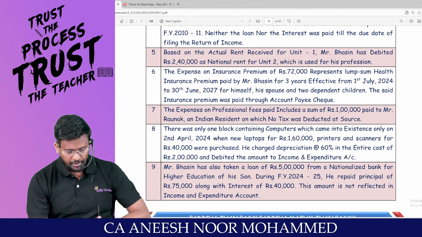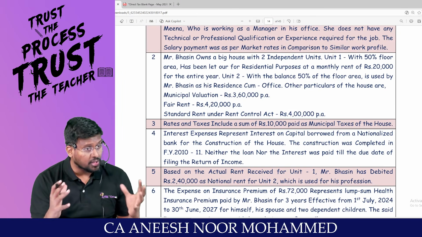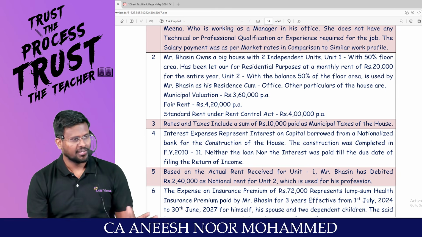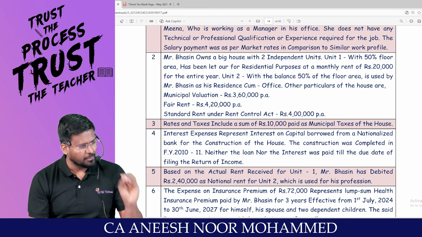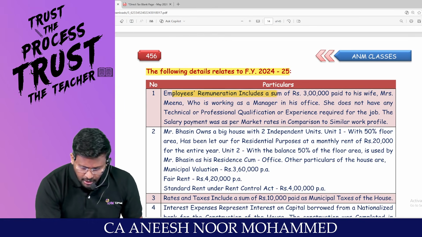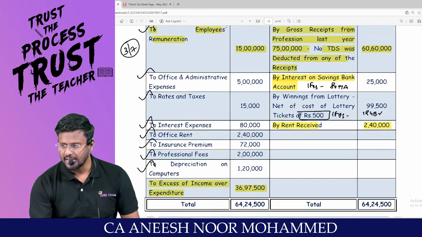Oh my God. Because in our book itself, it is carrying 1 page. In the question paper, it will run for 2 to 3 pages. By seeing that itself, the mind gets anxious. Sit and read, and nothing will be there. Adjustment number 1. Employees remuneration includes this first point. To employees remuneration, inside this, how much lakh?